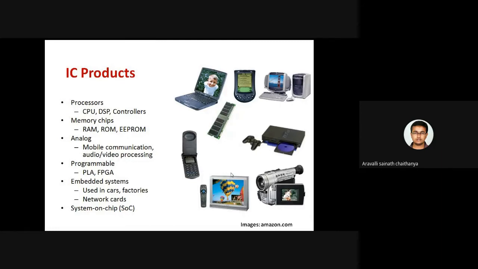This system on chip is nothing but a system present on a single chip. Chip here is nothing but an integrated circuit. This chip may be a motherboard found in your CPU box, or the motherboard of your mobile phone. Even in embedded systems we can find integrated circuits. So these are the different products by which I can develop my digital systems.